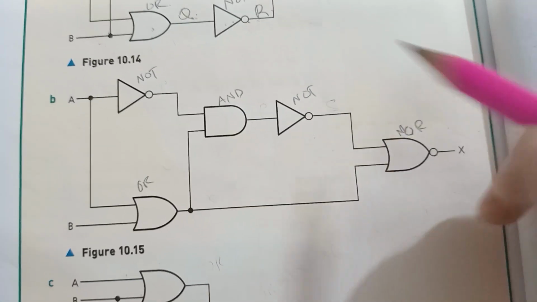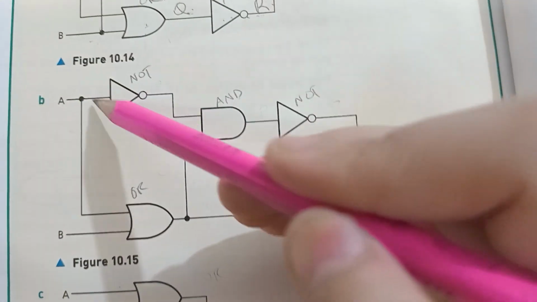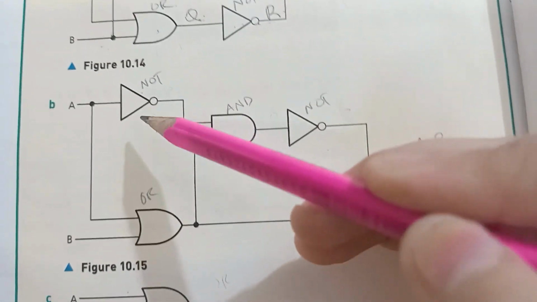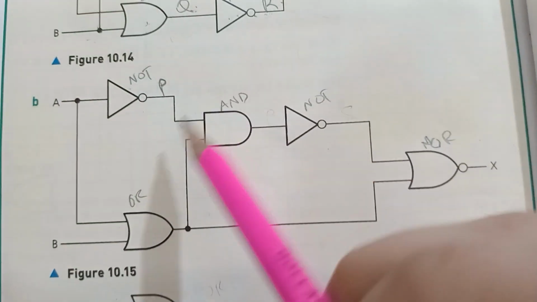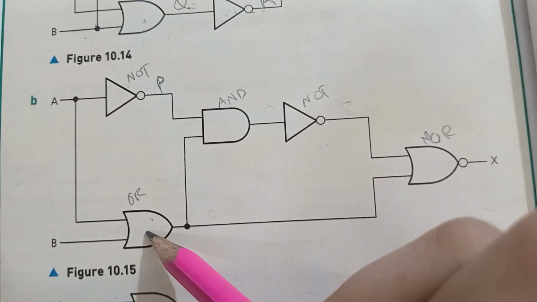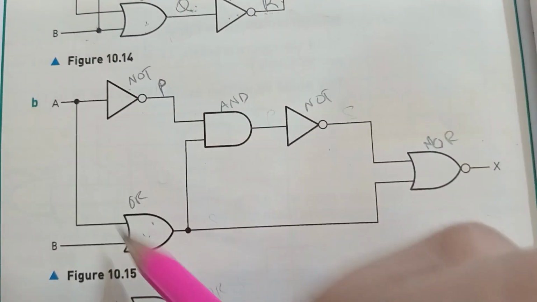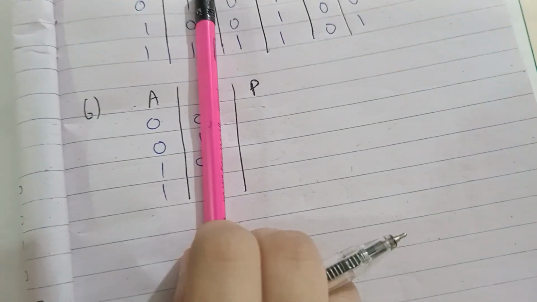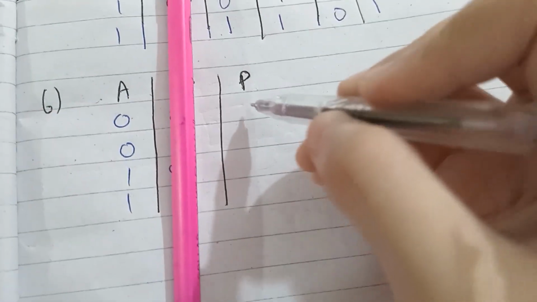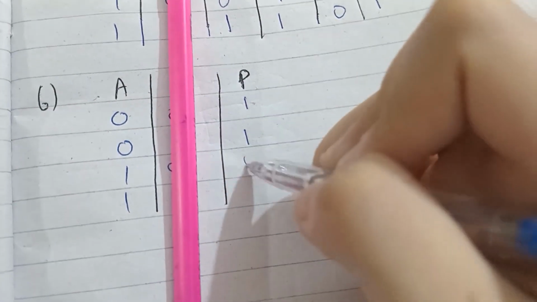So what I'll be doing, first of all, I'll see that NOT gate has only one input. It always has one input. So A is the input to NOT gate, and whatever the output will come, I'll name it as P. And OR gate has two inputs, that is A and B. So first of all, let's write P. Since NOT gate has one input, that is A, and I have named the output as P, I'll write the outputs here. Okay, I'm done with the outputs